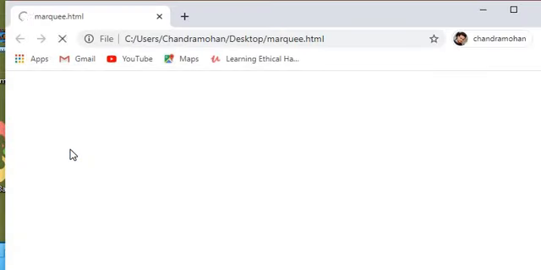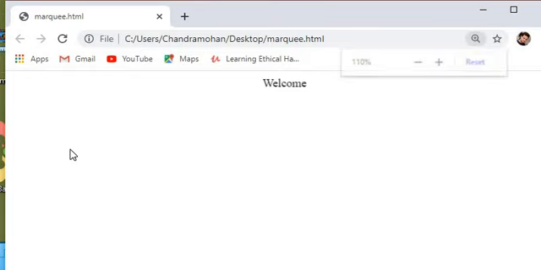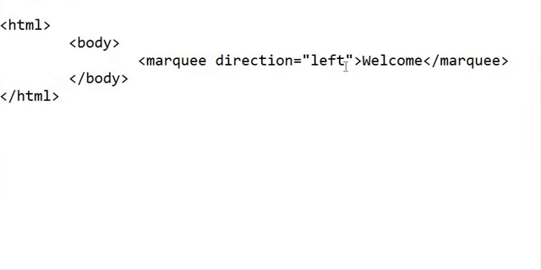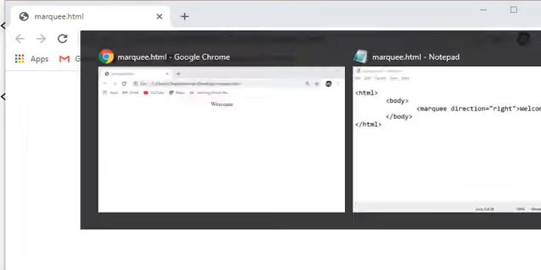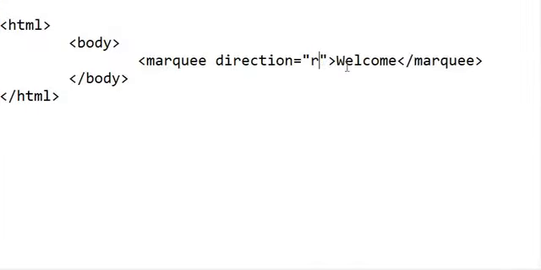If I open this file, you can see the content is shifted from right to left. Okay, now if I change this and make it right, this will go from left to right. Okay, and if I change this and make it down, what will happen?